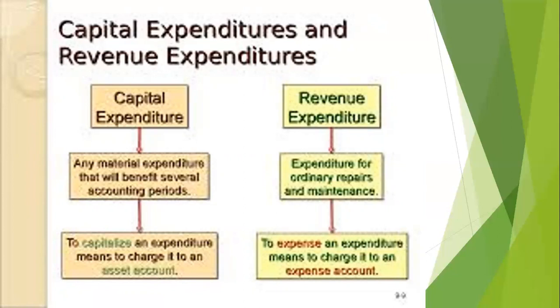And there can be a transaction which is a joint transaction, partly capital expenditure and partly revenue expenditure. So we have to see the amount and subtract the amount which is revenue from that figure, and we have to show the figure for capital and show the amount for revenue expenditure. So we discussed expenditures: capital expenditures, revenue expenditures, deferred revenue expenditures, and joint expenditures.